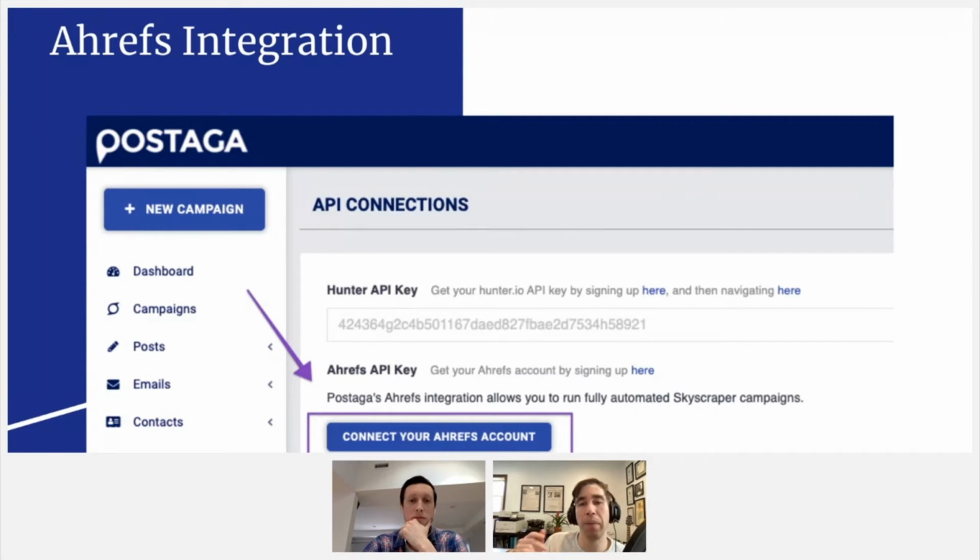Oh, and you'll also be able to get domain ratings for your search results of websites. So if you're doing a completely different campaign, like a resources campaign, for example, and you want to reach out to resource articles that you want to link to your content, or you're doing a cold outreach campaign to try and find guest posting opportunities, and you only want to reach out to websites that have a high domain authority, you can get those websites' domain ratings, so you can be choosier about the websites that you reach out to if you want.